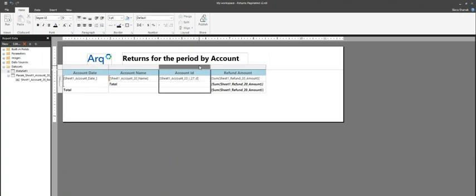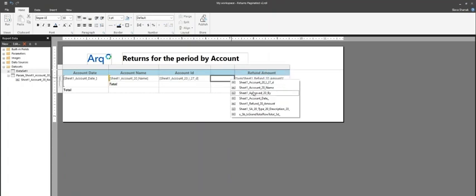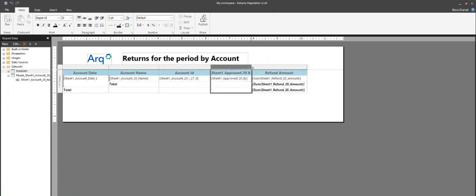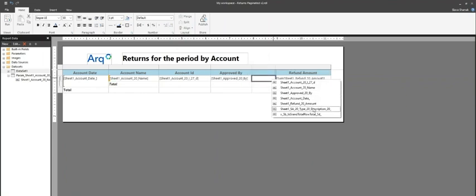Right click, insert column on the right side, and then approved by, make it a bit bigger, rename, okay, click on the table, click on the header, right click on the right side, here, what we would like to display as description, okay,